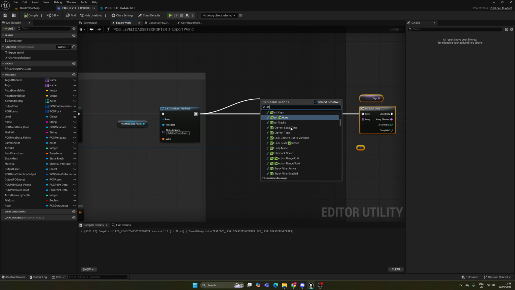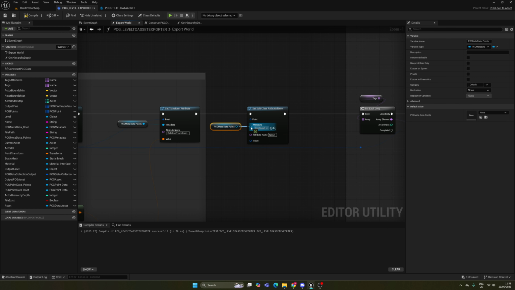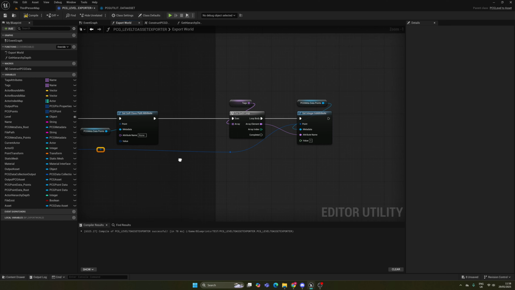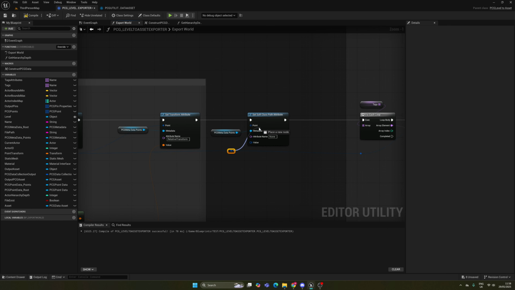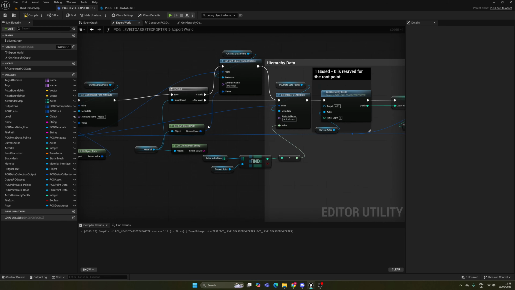I'm just going to tack on a set soft class path attribute. I'm going to get my metadata points. I am going to get my point, which is coming down through this information. This is the same stuff going into there. Going to use the same attribute name as above, and then what I'm going to do is we are working